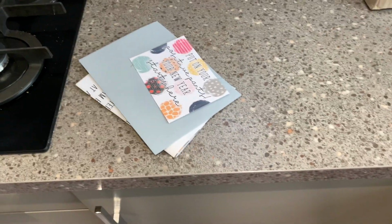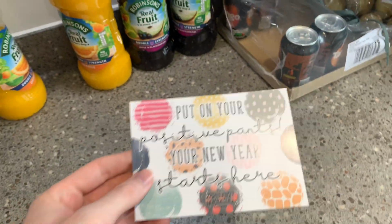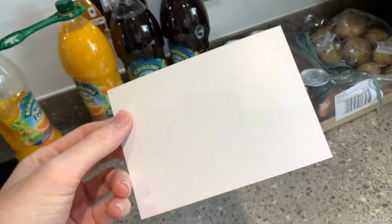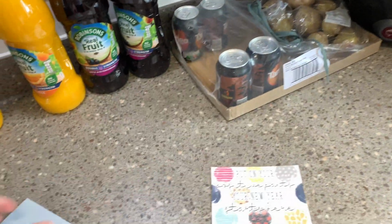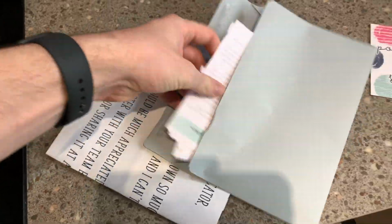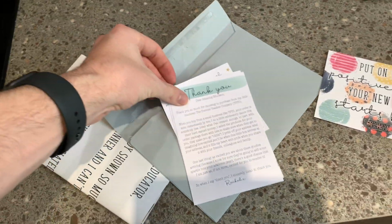And I just wanted to say here that it's such a personalised order as well. We just ordered them off the website and they've arrived pretty much a couple of weeks after we pre-ordered them, and they're so personalised, which I'm going to show you now. They came in the box with a little card saying, "Put on your positive pants, your new year starts here," which is just a lovely little postcard. They came with a handwritten envelope on the front, and I'll show you inside now,